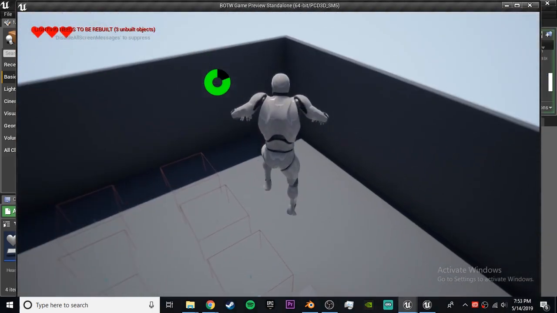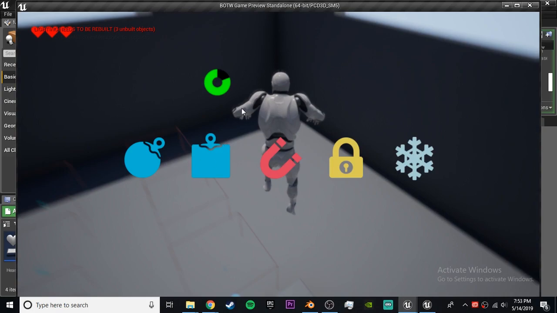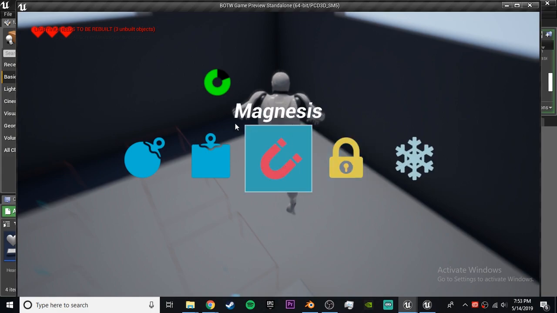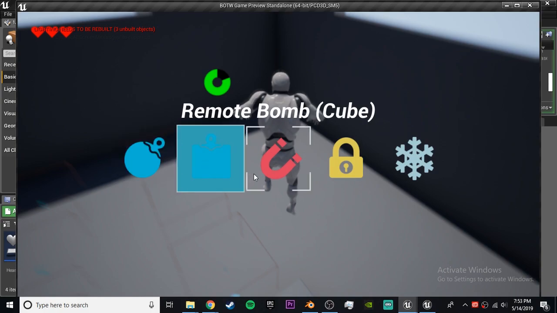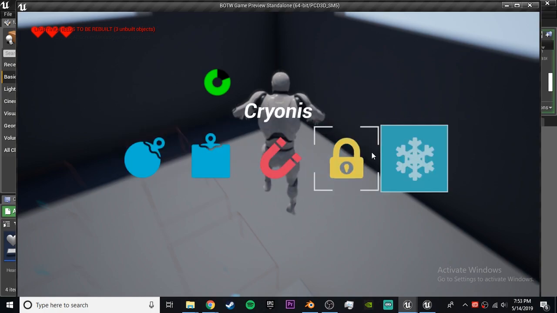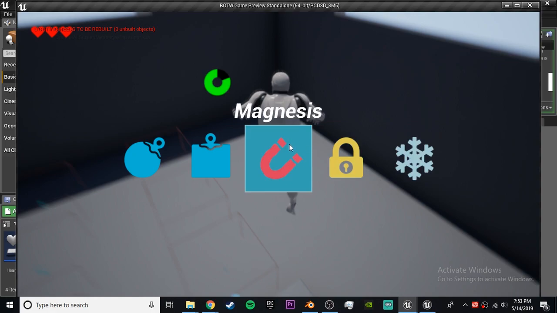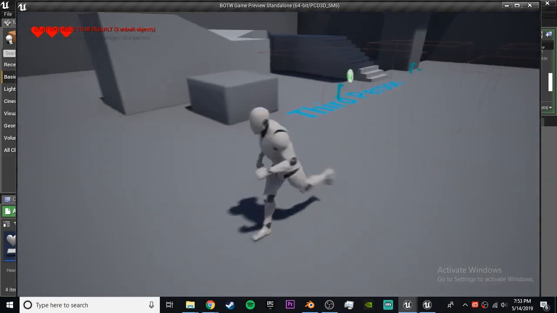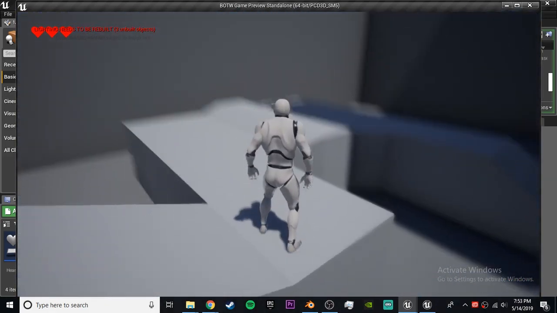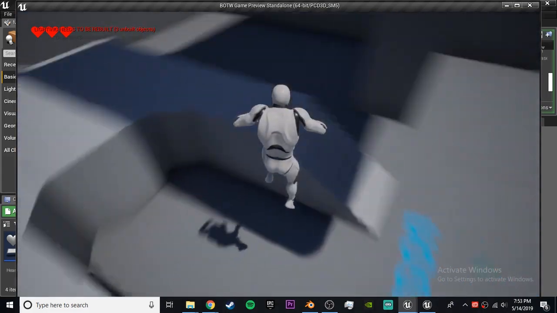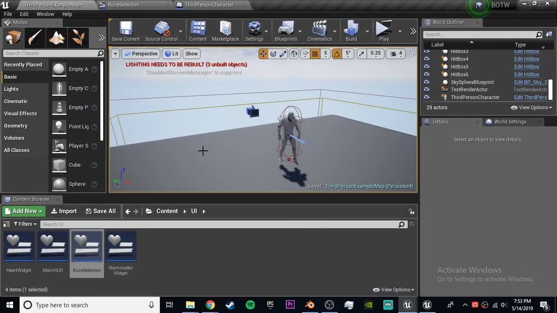Everything looks fine. We jump, we press tab, and there we go. Now the name isn't showing up, but as you can see, you can hover over each one, select it. Oh, the name wasn't showing up because we didn't have any selected. Let's make it so we have a default one selected, so we can't have one that isn't selected. So you select it, we have our name, and then we get set on Magnesis. We don't have any kind of thing to show, but our character is currently set to Magnesis as well,